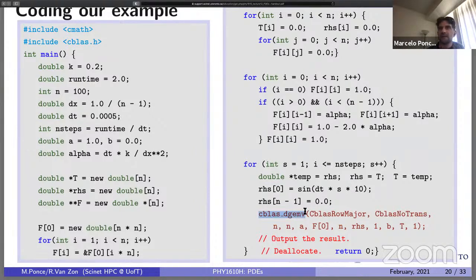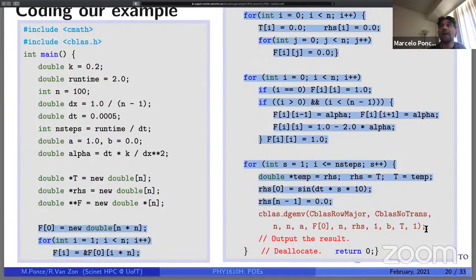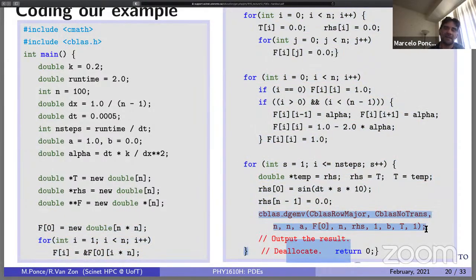But basically what it's doing is multiplying a matrix with a vector. These are some flags. Again, we're going to look at them in more detail next week. These are some parameters, but basically this is the vector that is multiplying. It's the vector t with the right-hand side. Okay, so this whole call in dark red, if you wish, it's just one line. All it's doing is multiplying the matrix, the operator, the stencil of the system times the temperature vector,